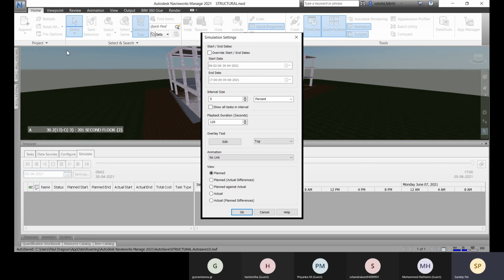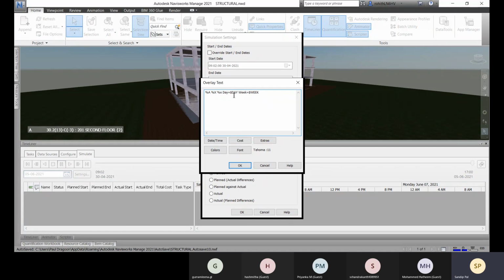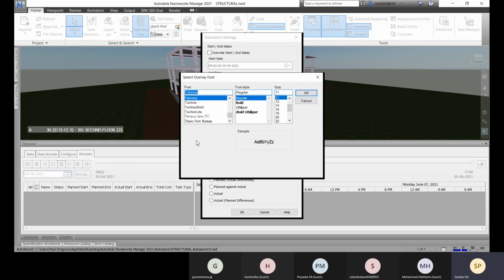You see that one text appeared on the left side top. You can go for edit and these are the sections added, like your day, your week, that is added. And you can add some extra things if you want to add colors for it. So you can change color. So go for like green color. The text will appear in green color. If you want to change the font, you can change the font as well. So like this you can go for it. Okay. And about the size you can change it. All right, click on OK.